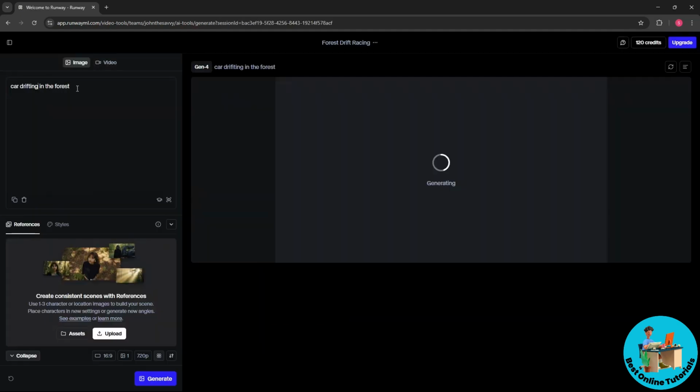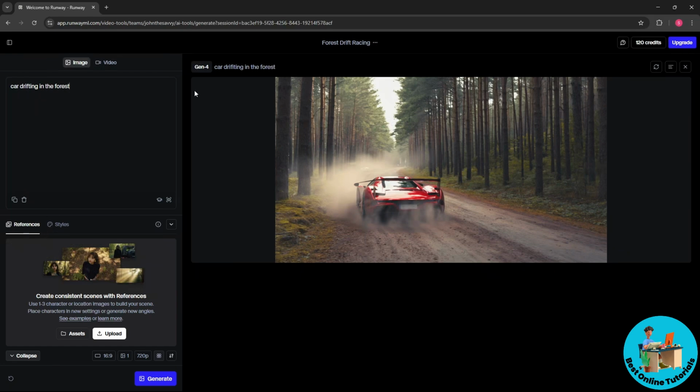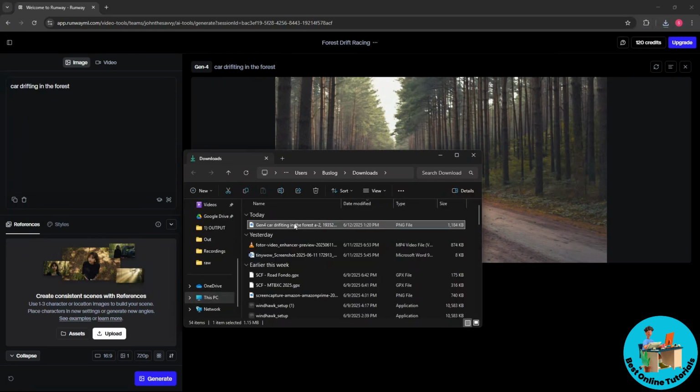So from here guys, I provided a prompt, car drifting in the forest, and it is an image generation. And as you can see, we will have our picture over here. So guys, when you have a new account, right away you will have 120 credits. So you could be able to use this for free and explore around with the website. And after that, you could reference for image, input for video, and you could also download it right away and it will be downloaded into your